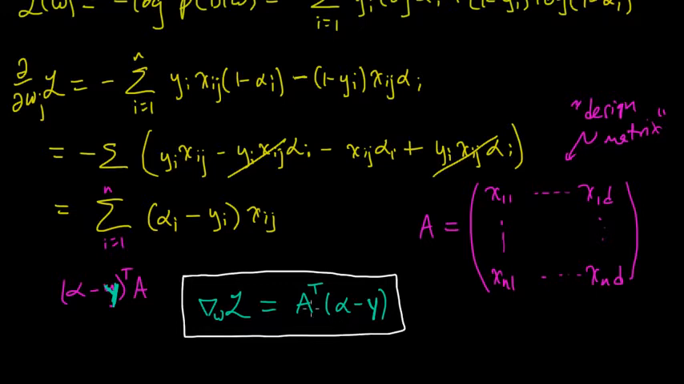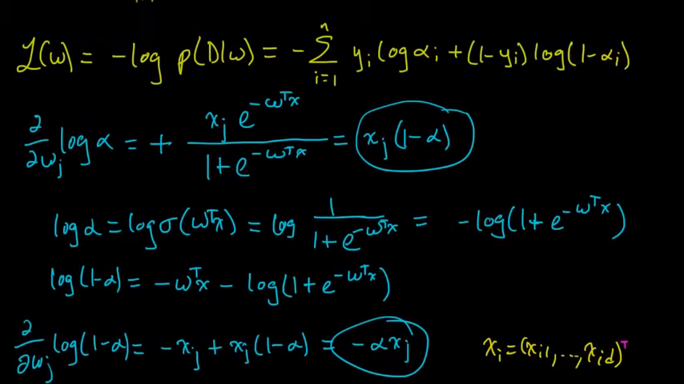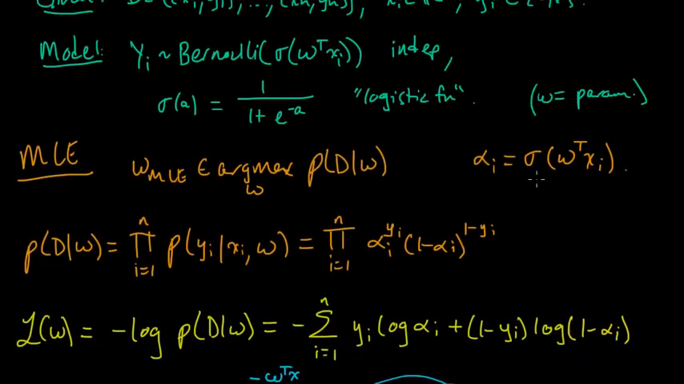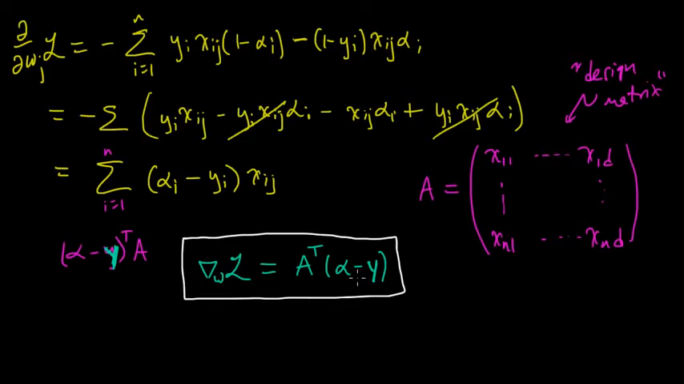it doesn't seem possible to do that, and the reason is because this alpha is this vector of quantities alpha I, and each of them is a nonlinear function here in the w's. And so even though it looks like we have this nice linear algebra expression for the gradient, if you were to try to set that equal to 0 and solve for w, you would run into a big mess